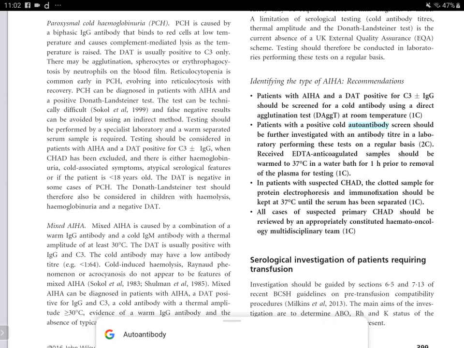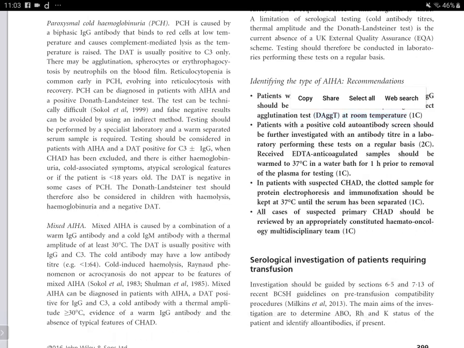And in the direct agglutination test, bringing it up to room temperature is important, because here we need to test for clinically significant cold antibodies. Those cold antibodies that are active only at 4 degrees centigrade are not clinically significant at room temperature, that is, in vivo in the patient. So that is why the temperature needs to be raised to about room temperature, so that the clinically significant antibodies are detected, and we only go into the workup for clinically significant antibodies.